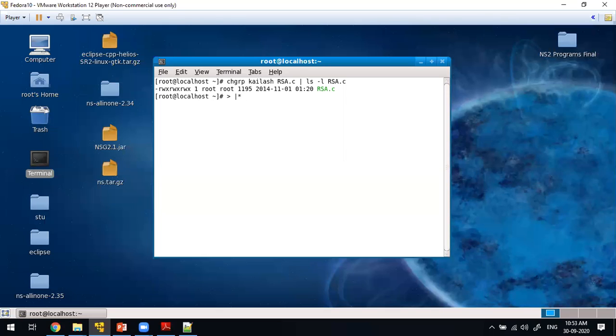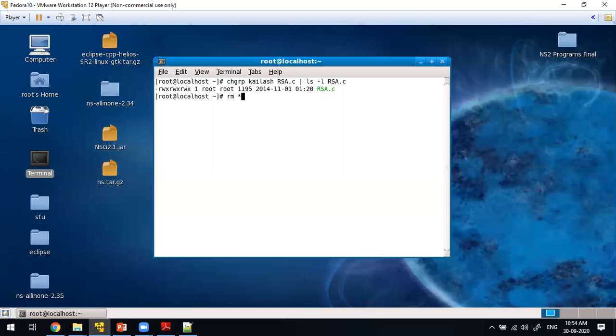If there are any meta characters in the command, then it has to replace them with all the files. Say rm star. Remember this, rm means remove all the files which are there inside that folder.